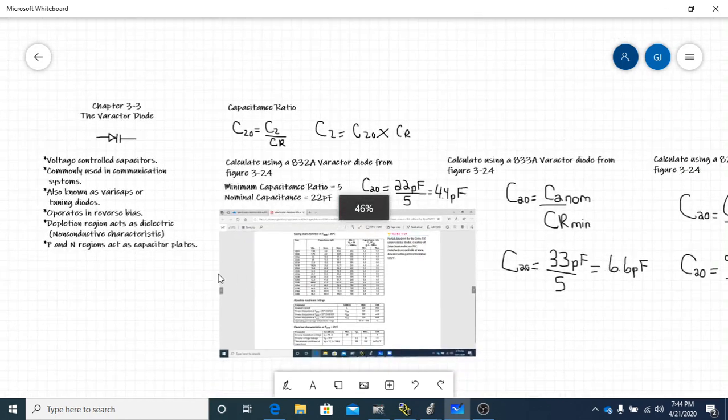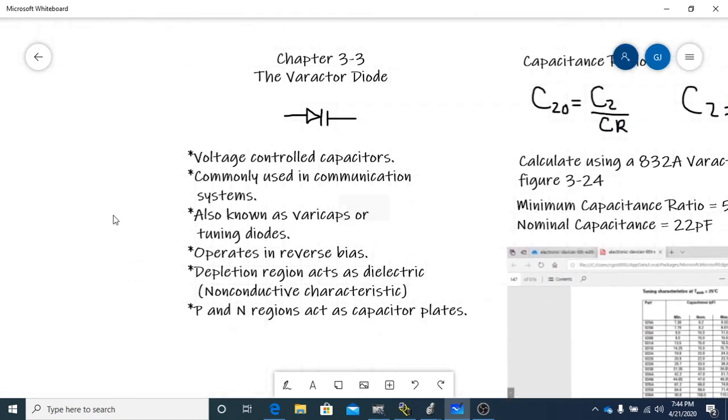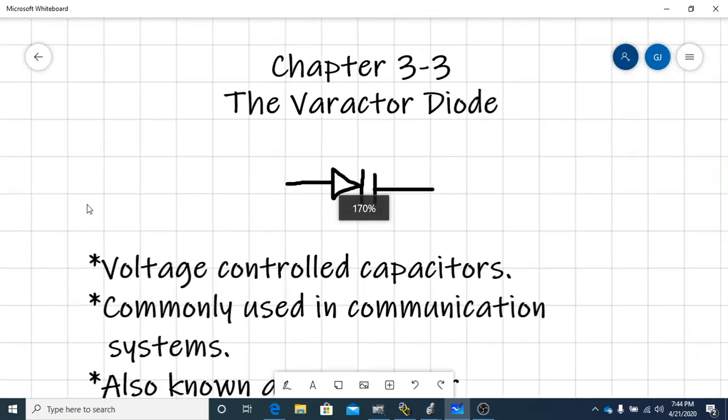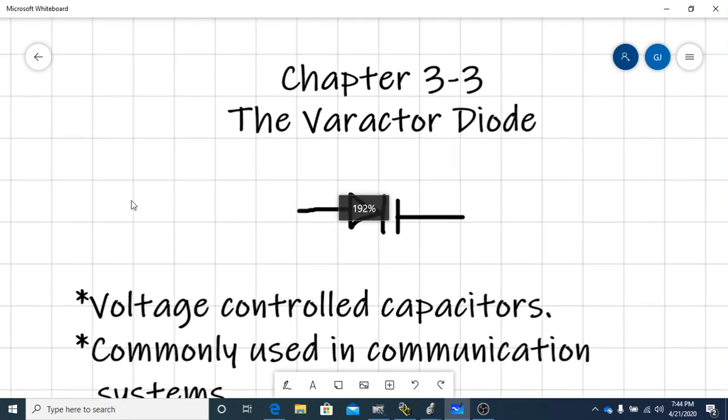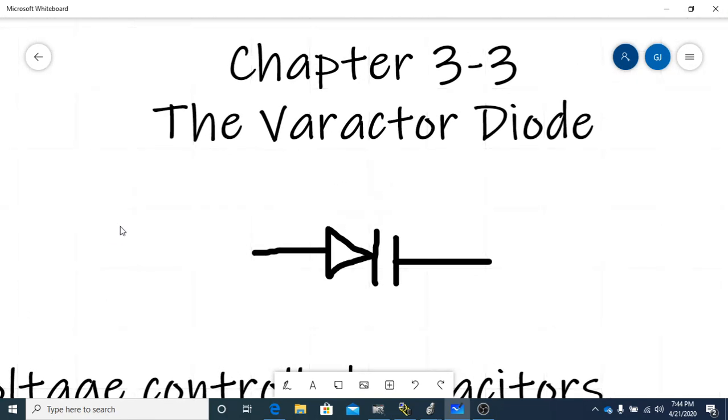So anyways, this right here is all we've got for this lesson. That is the main thing, trying to show you that because they're voltage controlled, you can control the amount of capacitance with these diodes. So that's the whole reason for doing the formula and showing you how you calculate it, and showing you here's the ranges that the capacitance can range from. So I think that's it for this